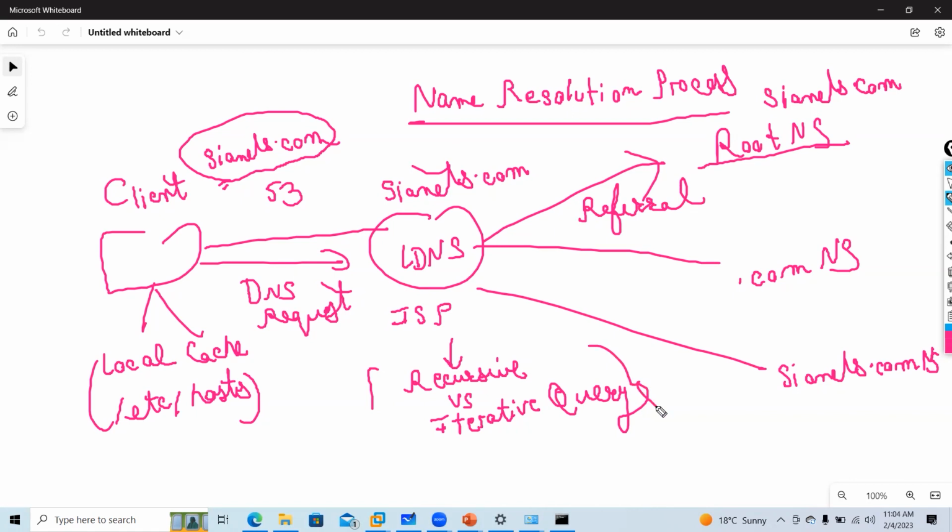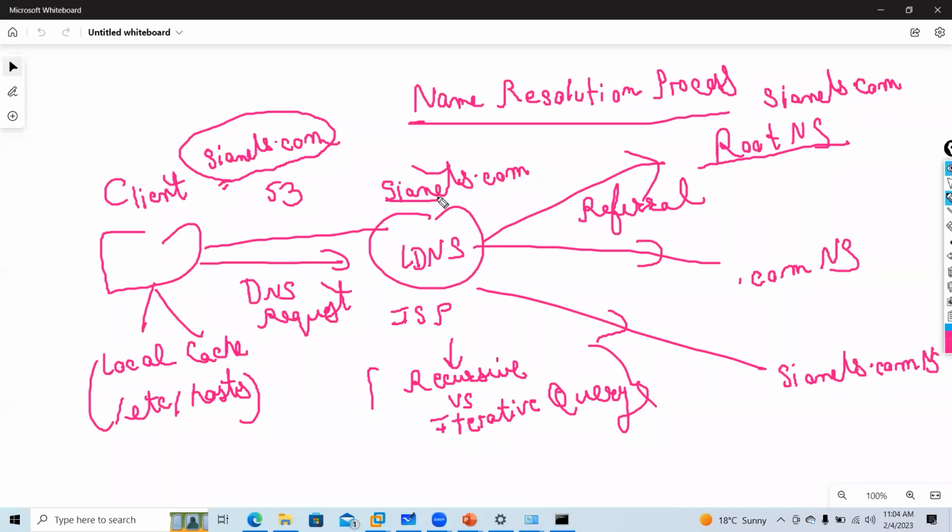Anyone know what is the difference between recursive versus iterative, guys? Very, very important interview question. If you have GTM or you have DNS, this question will be asked everywhere. So recursive DNS query is just like a referral DNS query where your DNS server will communicate with other servers to hunt the cnets.com.